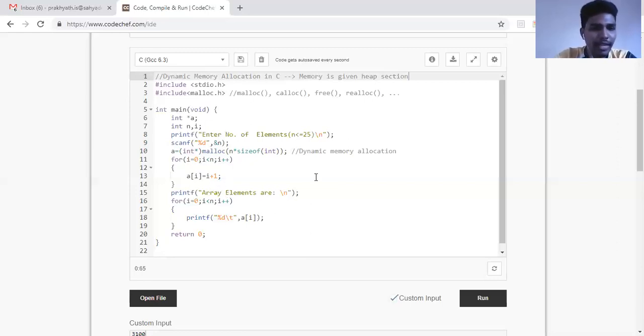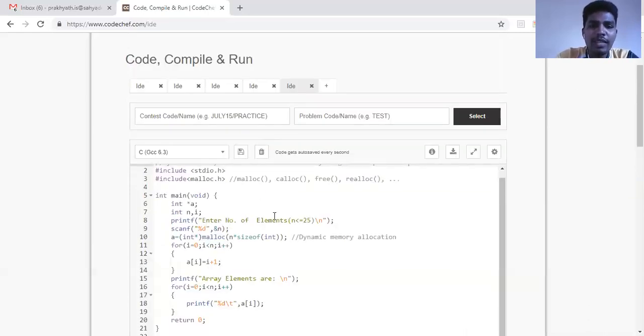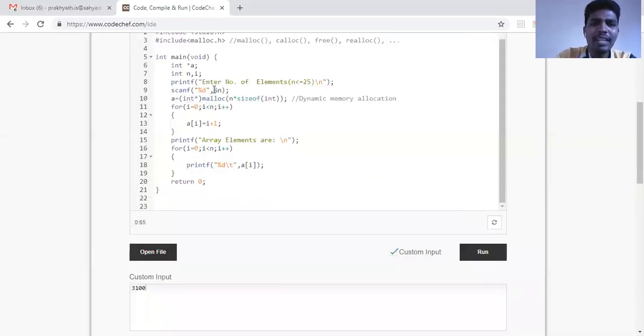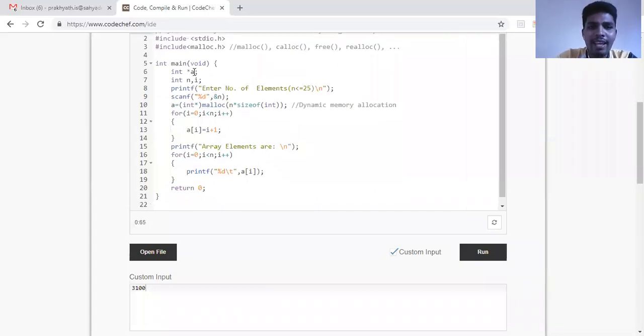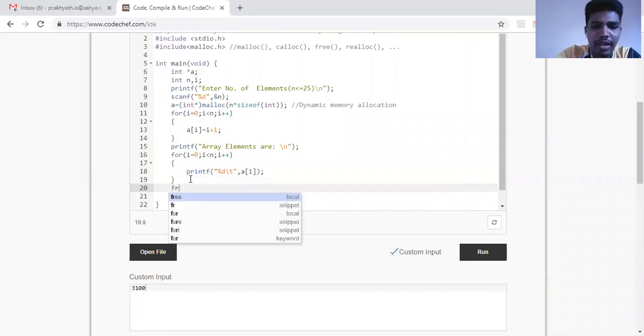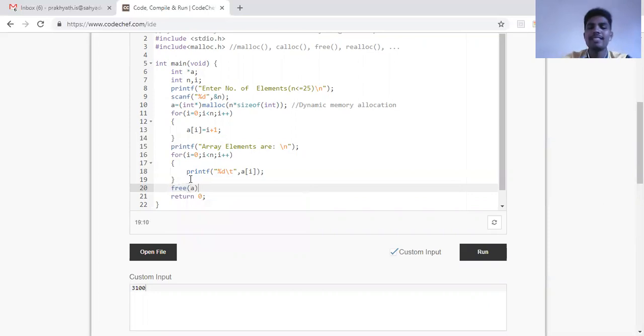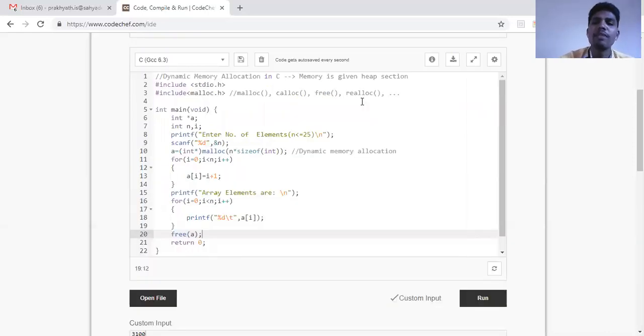Okay, further proceeding, as we have understood what malloc is, we'll see other features also. One thing you have to remember: I've dynamically reserved some space in A. It's my duty to free it after I use it. So what we usually do is write free(A). This code is necessary, or else A will remain reserved with that many rooms in the heap section, and your heap section will be overloaded. So it is our duty to free that memory once we have used it.